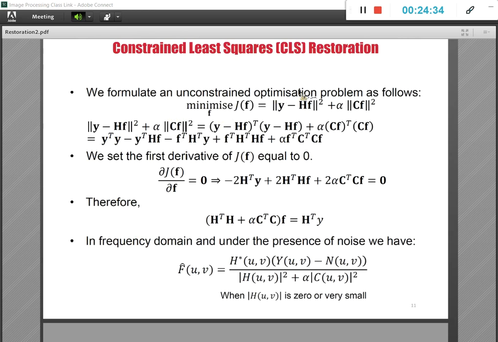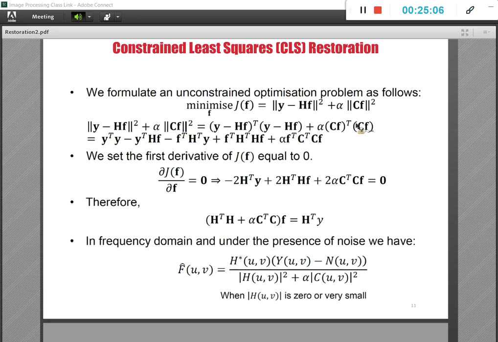We formulate an unconstrained optimization problem as follows. Minimizing J means ||Y − HF||² plus alpha ||CF||², simplifying these items. This is the conjugate transpose dot the item, that means (Y − HF) transpose dot (Y − HF)